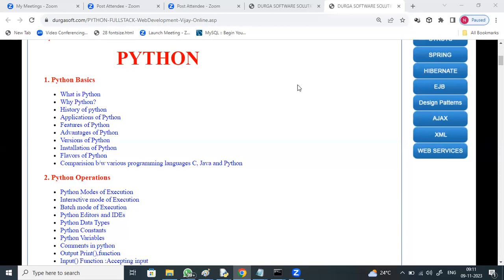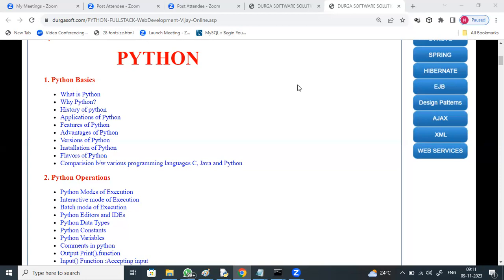We say in-memory computation, right? In-memory level storage and memory level processing, and it is going to process huge data. Today, industry is expecting quick results, right? So for that, Spark is used. Spark is a high-demand technology in the market, right? That is also implemented using Python.